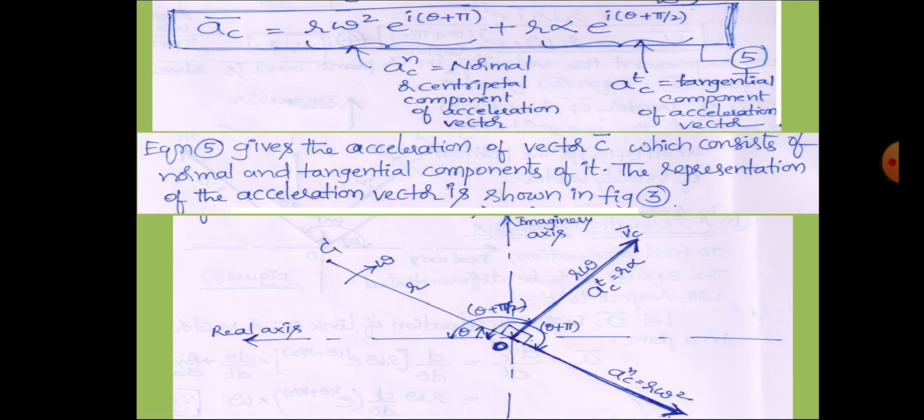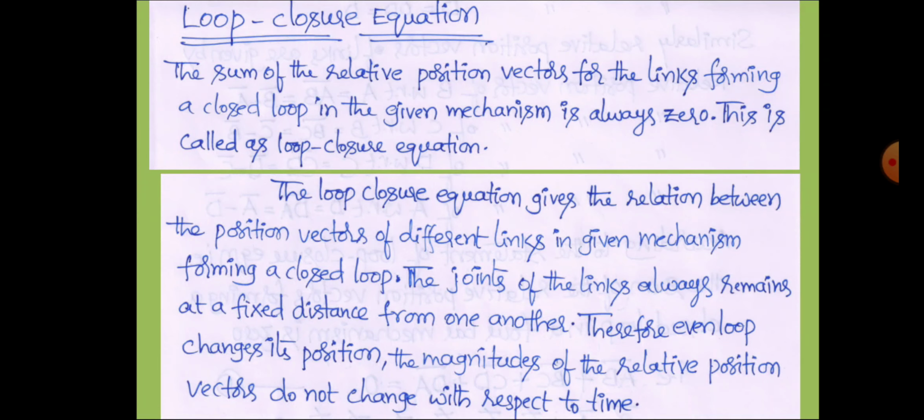So therefore, after representing by means of a vector, if I differentiate that vector with respect to time once, I am going to get velocity. And further, if I differentiate velocity with respect to time, I am going to get acceleration. Like that, for any link, I can find the velocity and acceleration like this, because it is an analytical method. But the approach of analytical method is using a complex algebra method. So like that, this is about an introduction.